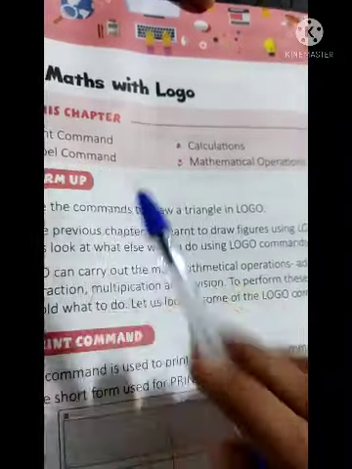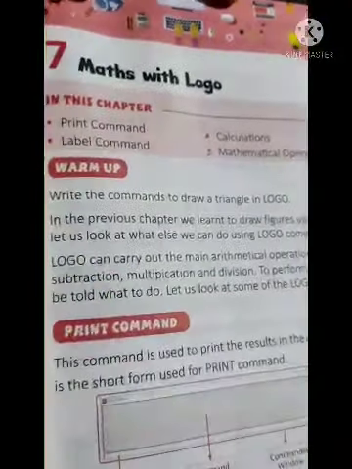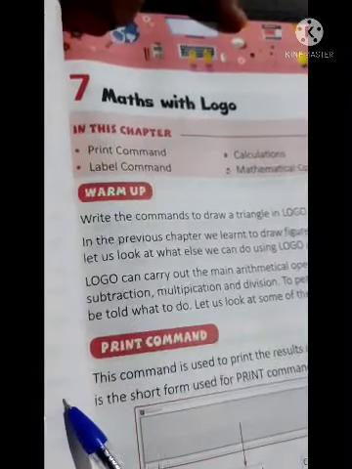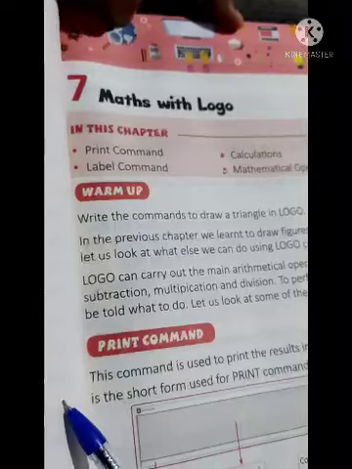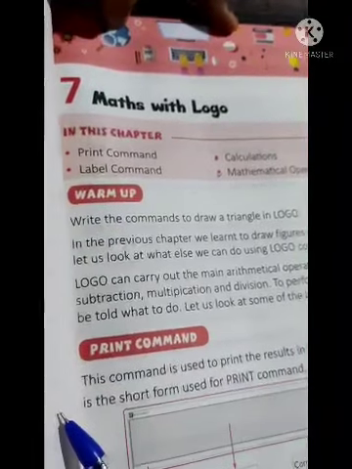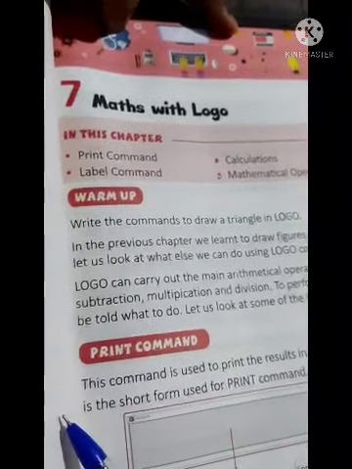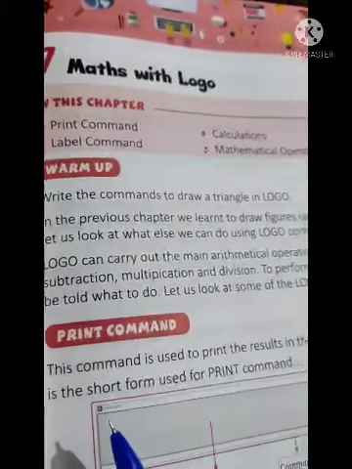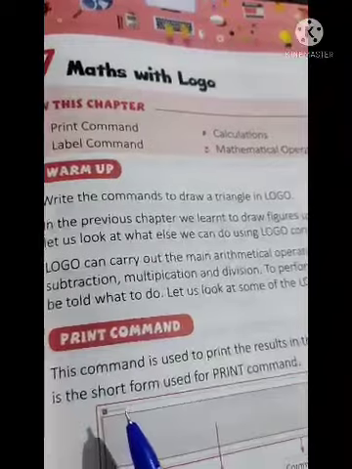In the previous chapter I have taught you to draw figures using Logo. Now let us look at what more Logo can perform.